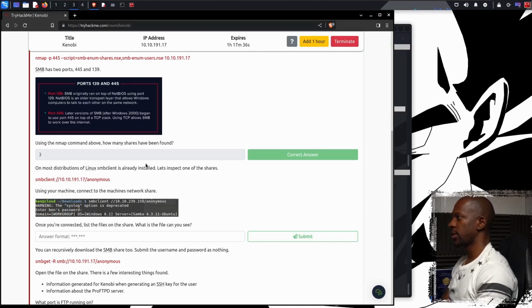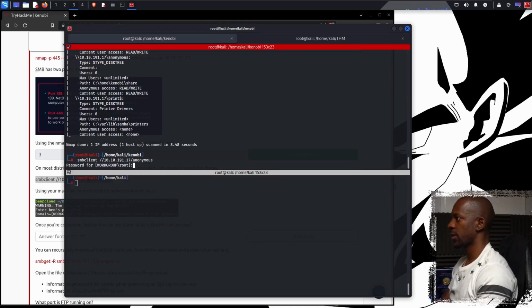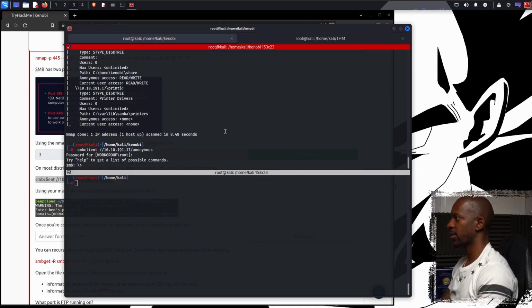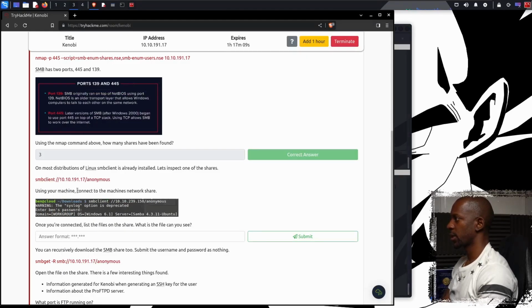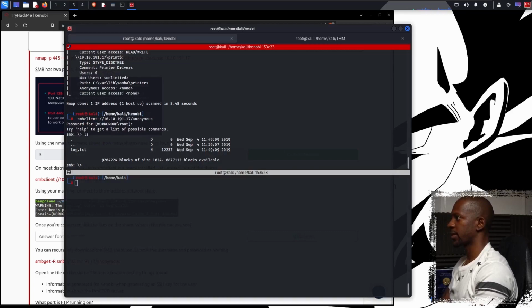On most distributions, smbclient is already installed. This client allows us to log into this shared folder. So I'm just going to copy this and see if we can access one of these shares. It's asking for the password, I'll just leave it blank, and it looks like we are inside this share. Okay, use the machine, connect to the machine. Once you're connected, list the files on the share. What is the file you can see? So if we run ls